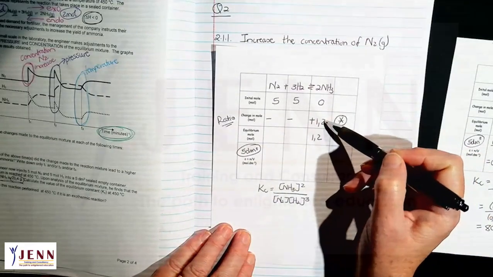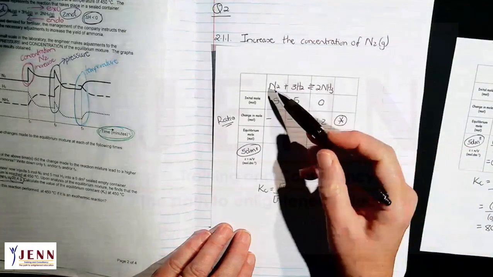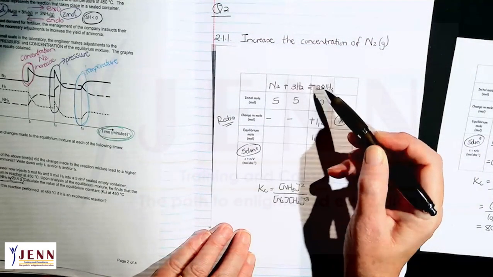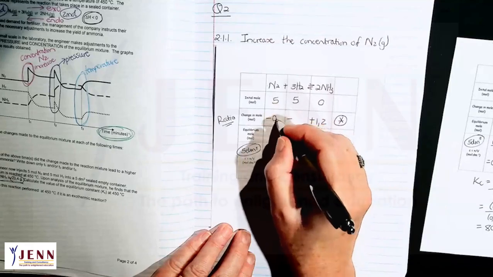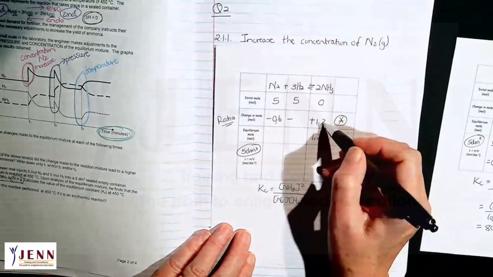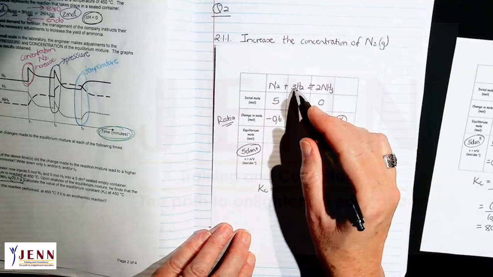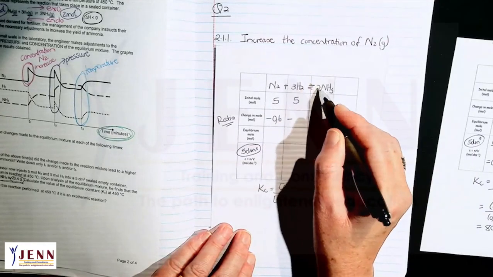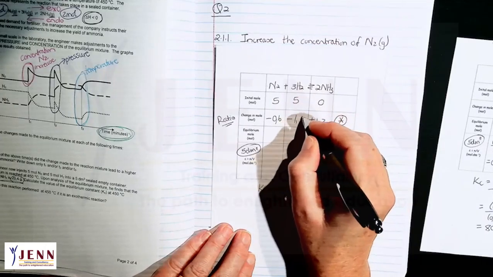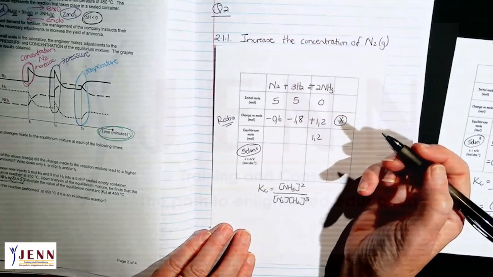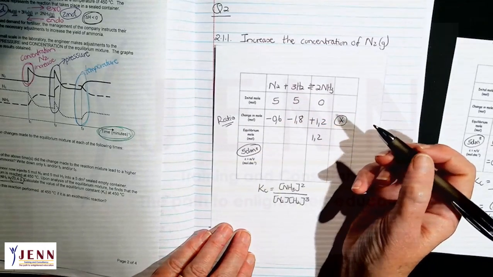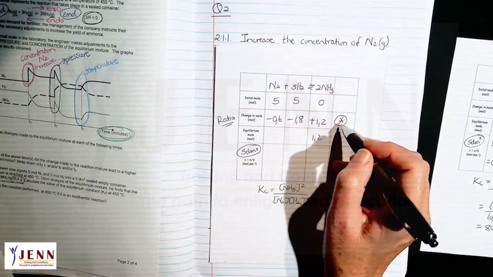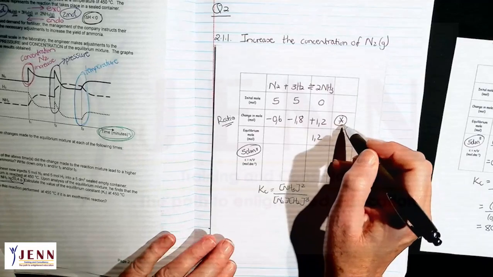Now mole ratio, I take 1,2 times 1 divided by 2. And that gives me 0,6. I take 1,2 times 3, which is 3,6, divided by 2 gives me 1,8. And then I must just subtract. So for this part where there's the star, that is where you do your mole ratio part.